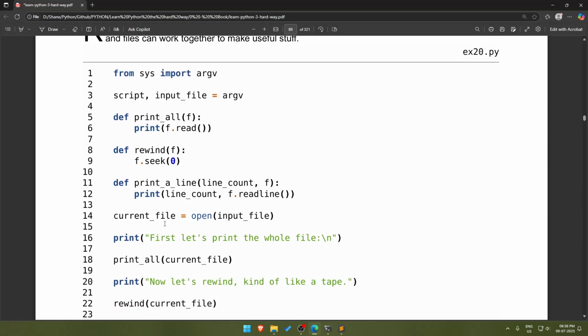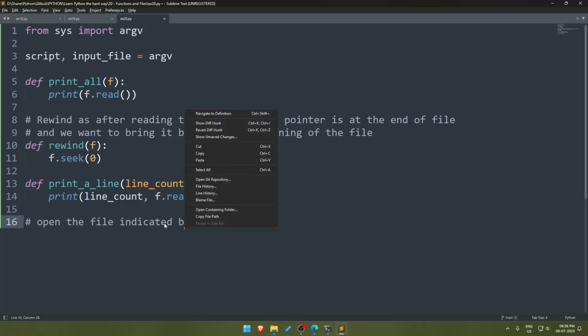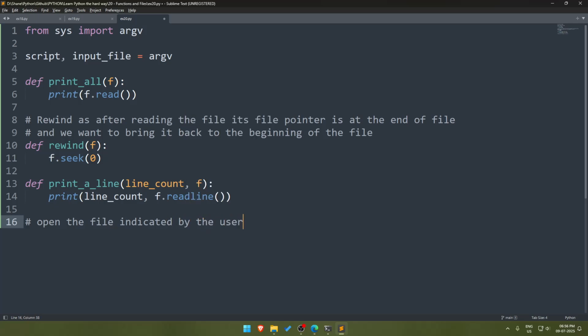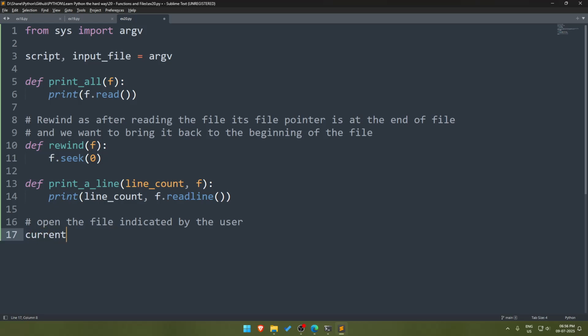Okay, then we open the current file. What is the file indicated by the user? So we go current_file equals open input_file,